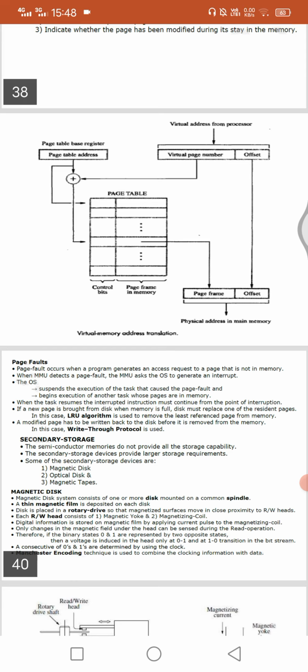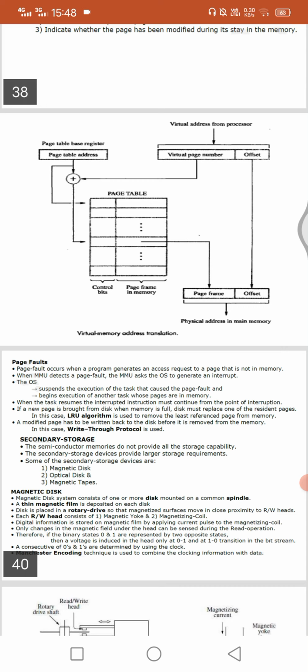Page fault means that when the program generates an access request to a page, the processor sends a request to the memory. Whatever data it requires, if that page is not there in the memory, then the MMU detects the page fault.